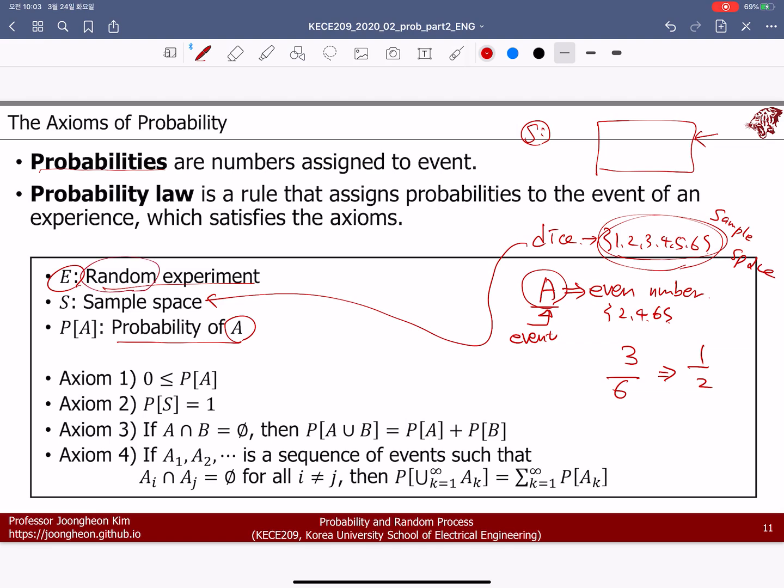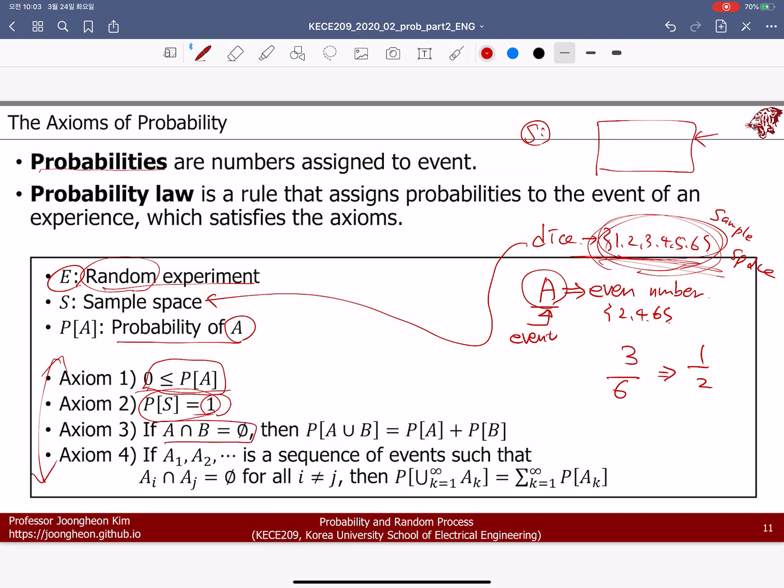In probability theory, we have several axioms. An axiom means that we can use these steps without any proving procedure, because they are obvious statements. That's why you have to remember them. For the first axiom, we can say that the probability of A is larger than or equal to 0. Every single probability should be larger than or equal to 0. This is obvious, so we can use it without proof. The probability of the sample space itself should be 1, because given the sample space we are selecting everything. We can use this one without proof as well.